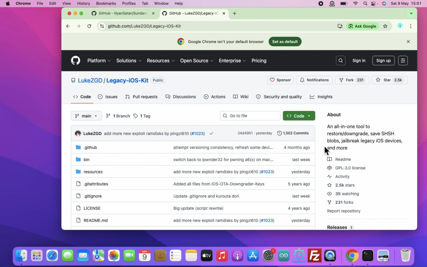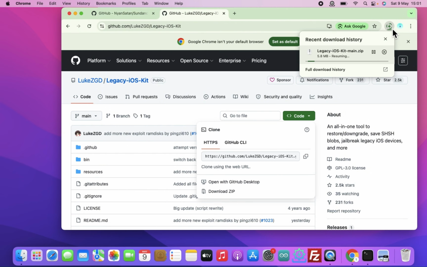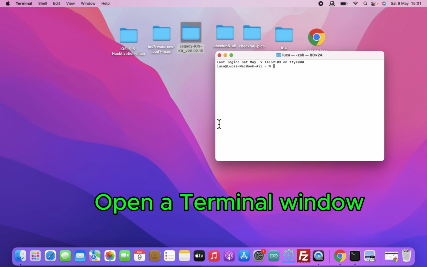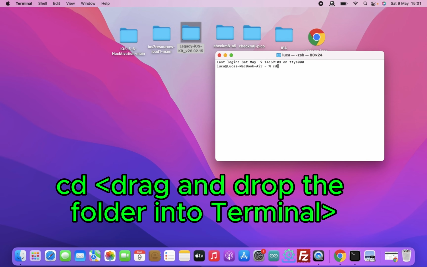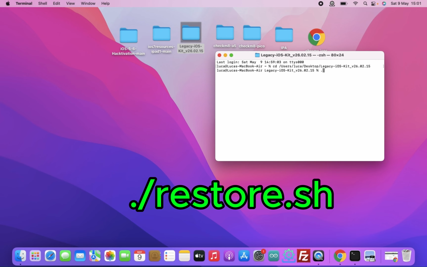For Legacy iOS Kit you will click on Code and download zip. I already have it downloaded, so I'm going to stop, but you will have a folder on your desktop, which is this one. You want to open a terminal window, type cd, drag and drop the folder in the terminal and click enter. Now that we are inside the folder we can run